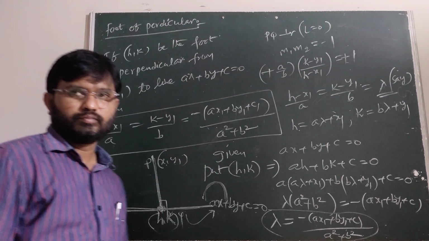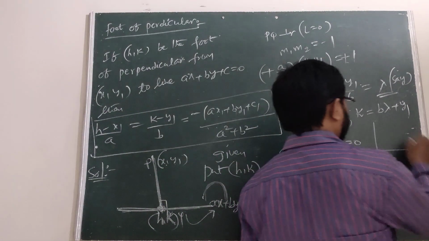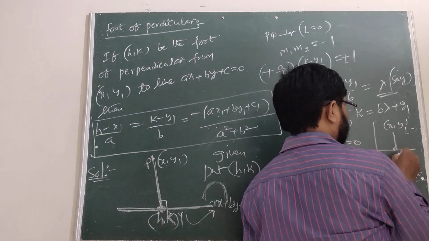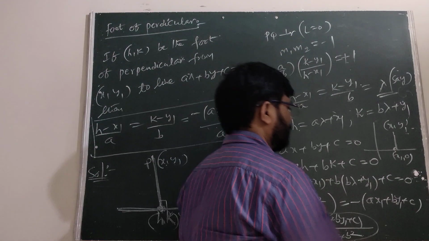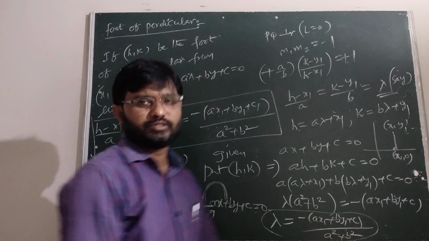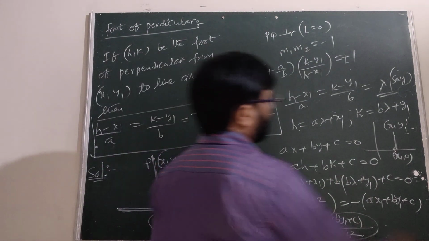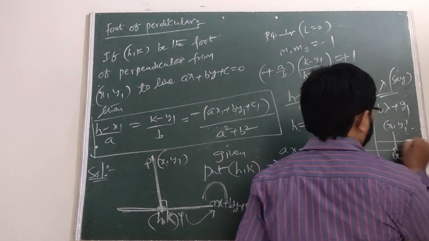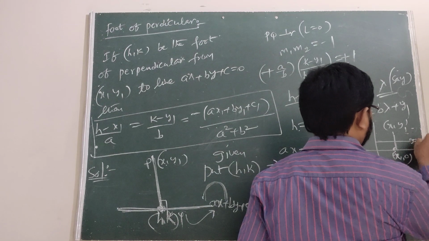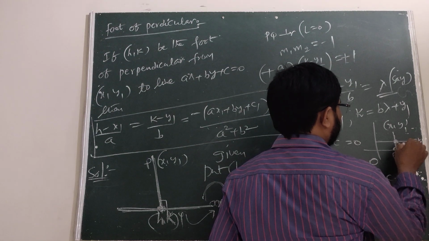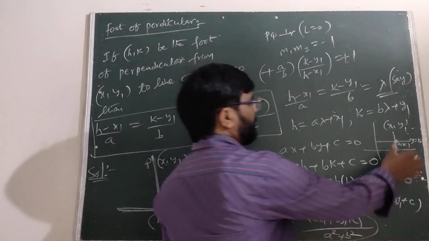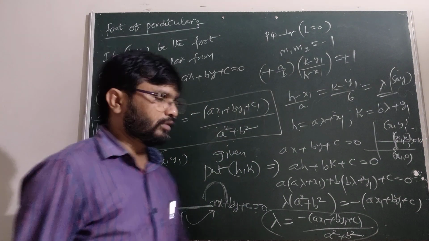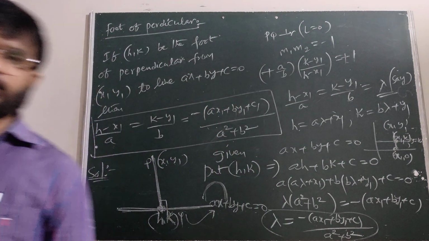Okay. If you take (x1, y1) in the first quadrant, the foot of the perpendicular on the x-axis is (x1, 0). The foot of the perpendicular from (x1, y1) on the y-axis is (0, y1). Suppose the line is y = k; then the foot is (x1, k). Therefore, these are our simple observations.